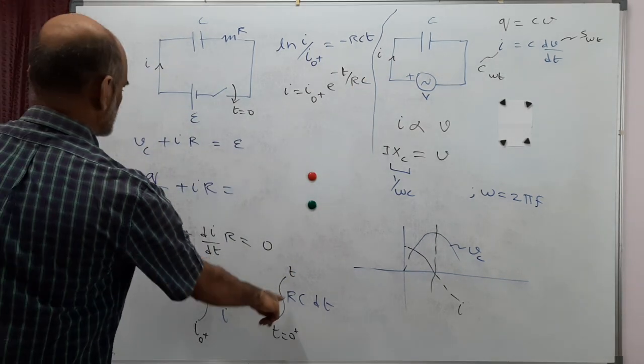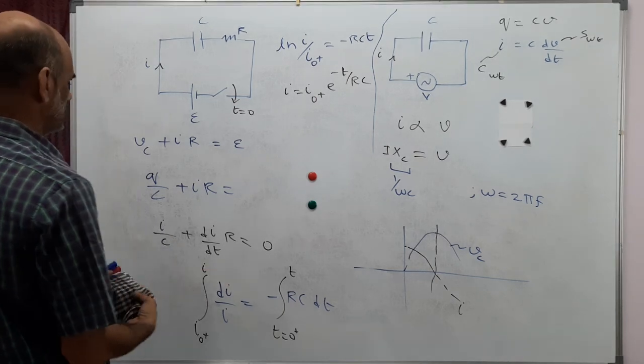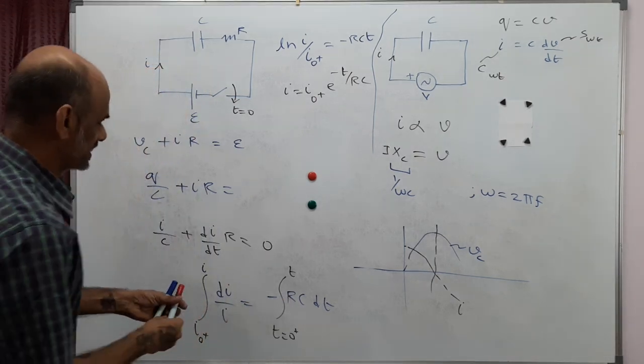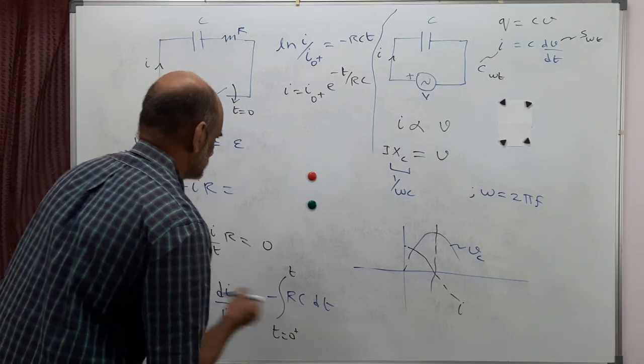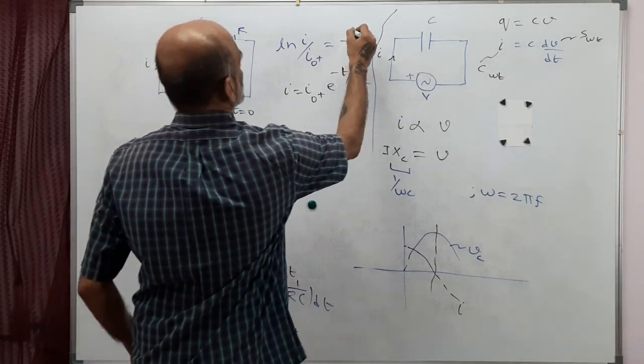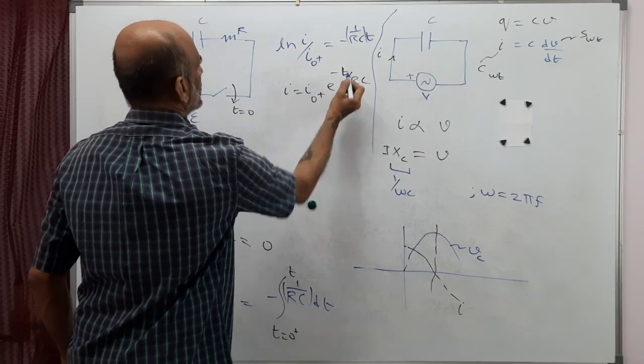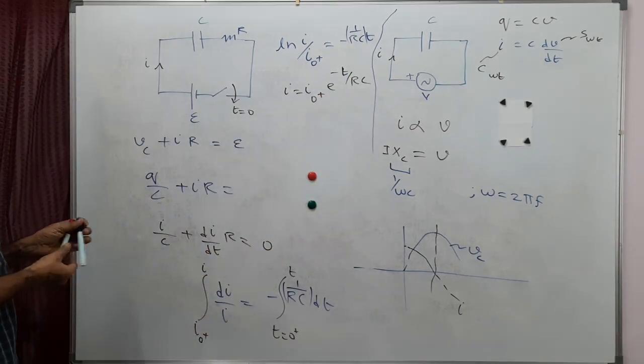I made some mistake here. It's 1 by RC. So this is 1 by RC, so it's t by RC. And this initial current,